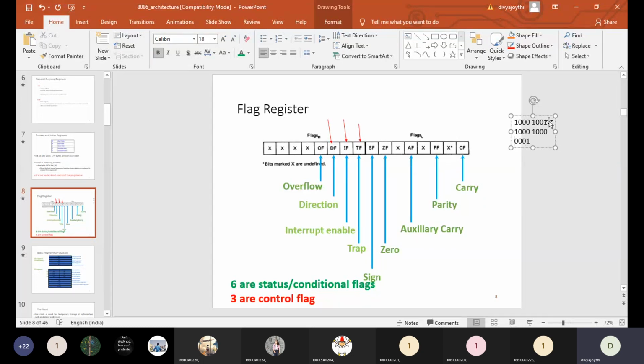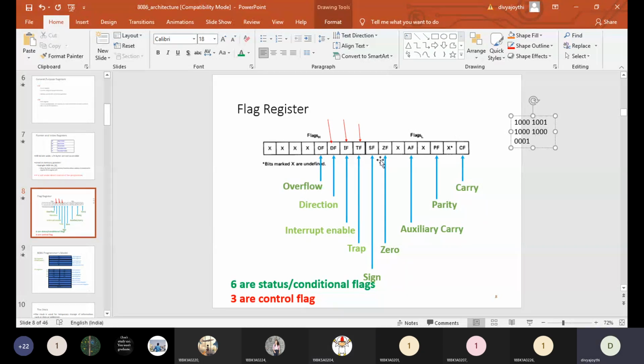we perform the addition. See here, 1 plus 0 value will be 1, 0 plus 0, 0 only, 0 plus 0, 0 only. And here, when you are trying to add 1 plus 1, there is a generation of carry, where that carry will be added to the next system. That generated carry will move on to the next system. So in that scenario, as there is a transfer of carry from one hexadecimal number system to another, the auxiliary carry flag will set. Did you understand this?